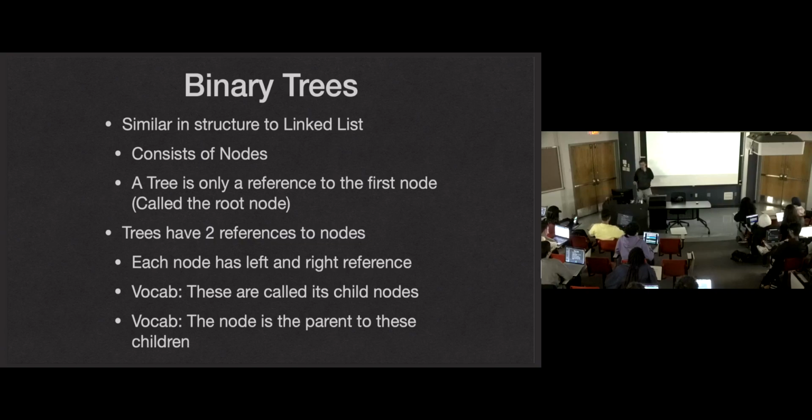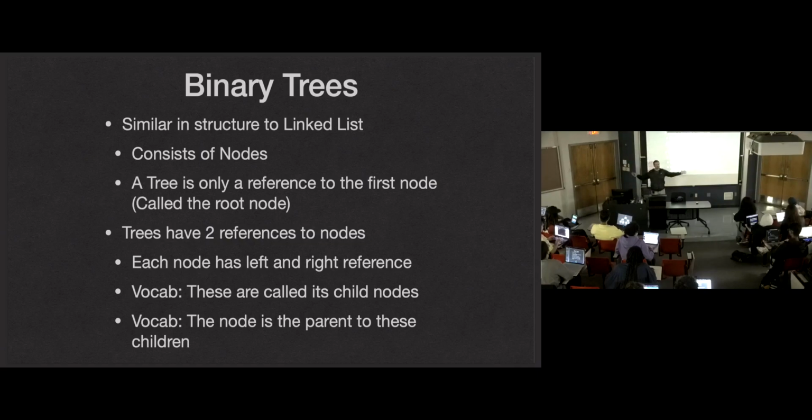This is another node-based data structure that's going to store our data in a different way. And they're very similar to linked lists, also a node-based data structure. With linked lists, we had each node containing the value for that node and a reference to the next node in the linked list. Trees, binary trees, are very similar. They're going to be nodes that contain a value, the value for that node, except they're going to have references to two other nodes.